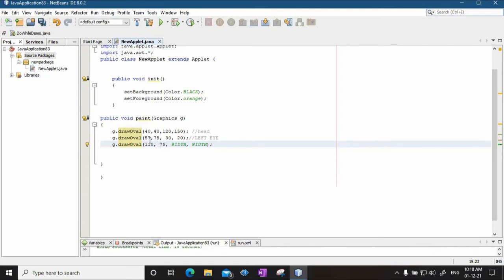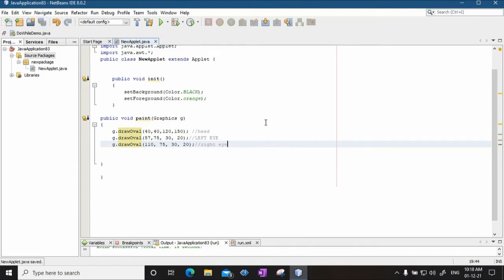For the left eye, the x value was 57 because the eye should appear to the left of that oval face, and this is to the extreme right of the oval face. The width and height of the eye cannot change, so we keep the same 30, 20. So this specifies the right eye.